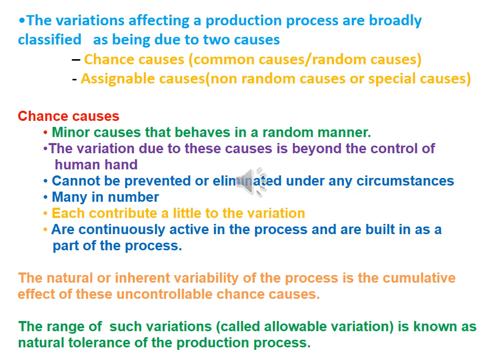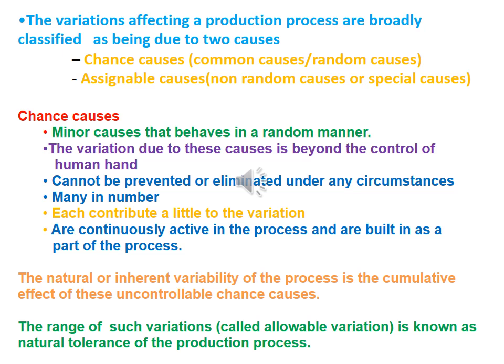Variations affecting the production process are broadly classified as being due to two causes: chance cause and assignable cause. Chance causes are also called common causes or random causes. Assignable causes are non-random causes or special causes. Chance causes are minor causes that behave in a random manner. The variation due to these causes is beyond the control of human hand,